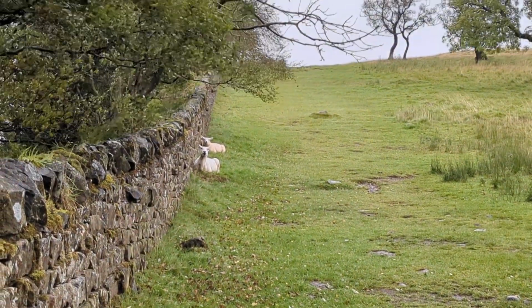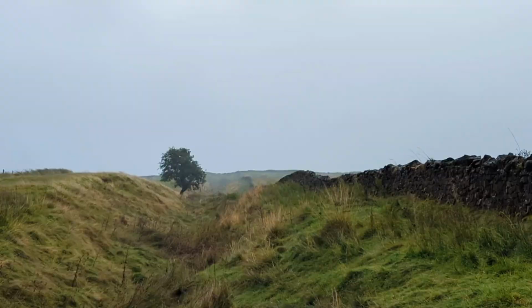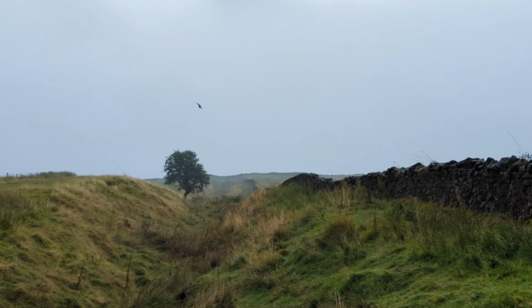I've just left. I'm about to go up onto the hills there. It's pretty exposed. It's going to be windy and wet. Even the sheep are shielding from the wind. It's really windy up here. Just sheltered behind the wall, but if I stand up,